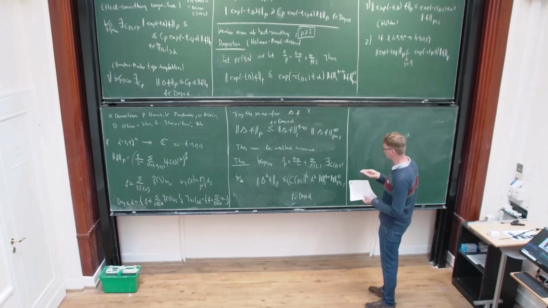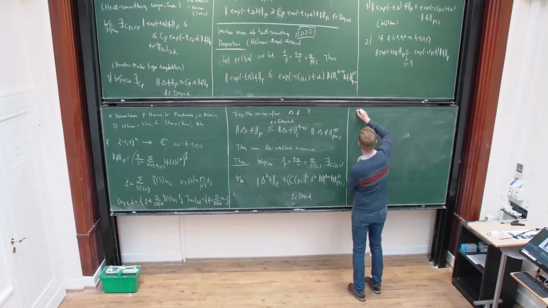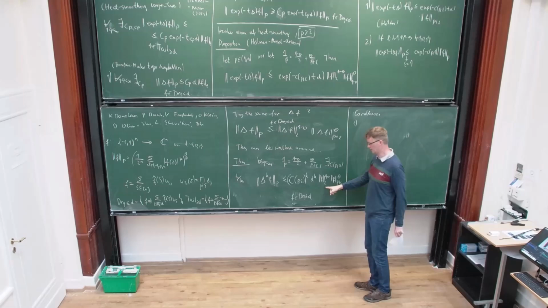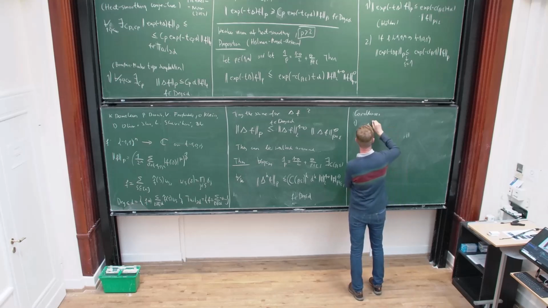Okay, so before we try to prove it, or mostly prove it during the talk, let me first state some corollaries. They are similar to those corollaries before. The first corollary is that you can replace the second norm with the P plus epsilon norm, and then we will have the estimate in terms of the P plus epsilon norm on the right. Okay, so just write it.